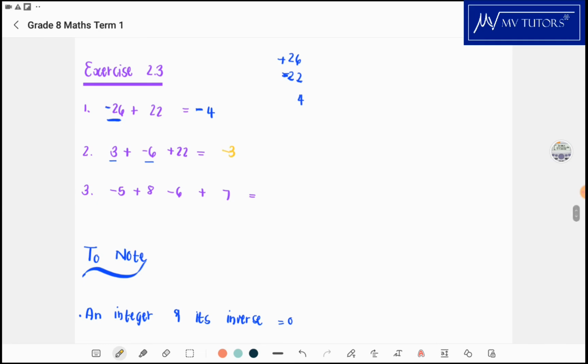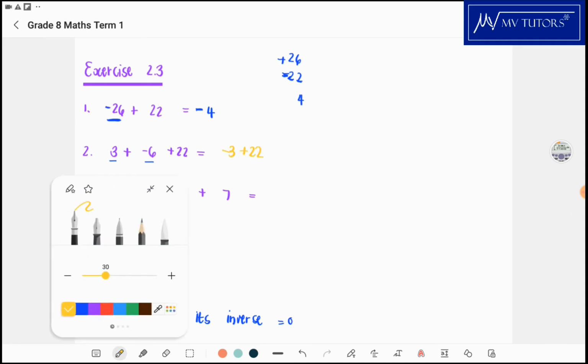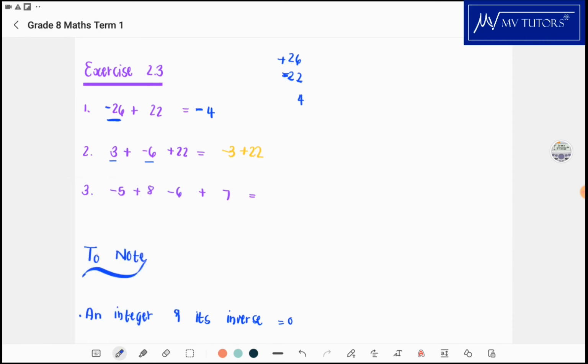All right, and I have minus 3 plus 22. Okay, so now minus 3 plus 22 is the same as saying 22 minus 3. All right, now 22 minus 3, if you work that out, it's going to give you 19. Okay, because 12 minus 3 is 9, and then bring down the 1. Now the third